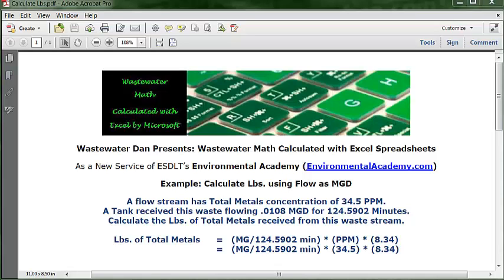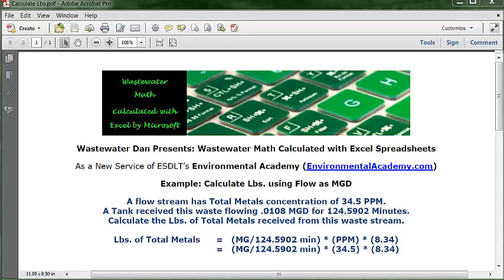gallons and concentration. And the concentration, which in this case is ppm, or parts per million, which also is used interchangeably with milligrams per liter. But this concentration is in increments of millions. Now, the method of expressing the concentration dictates the unit of expression for the other variable, which is the gallons